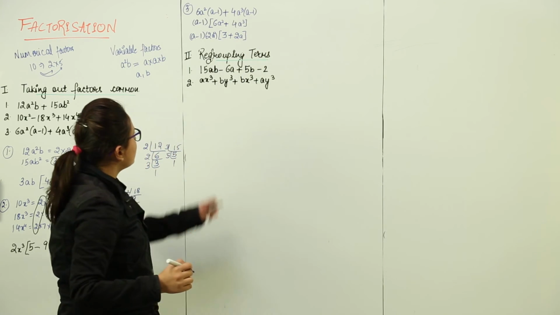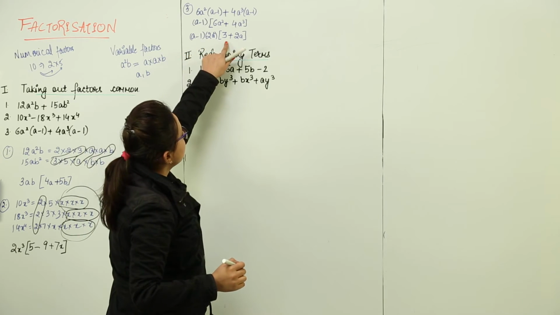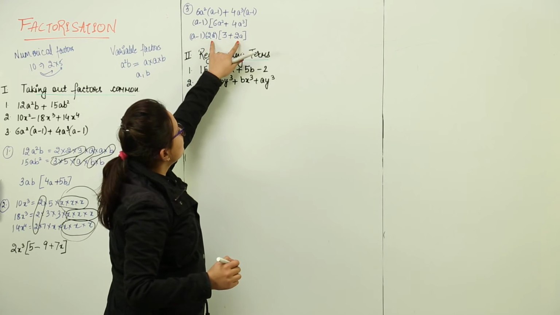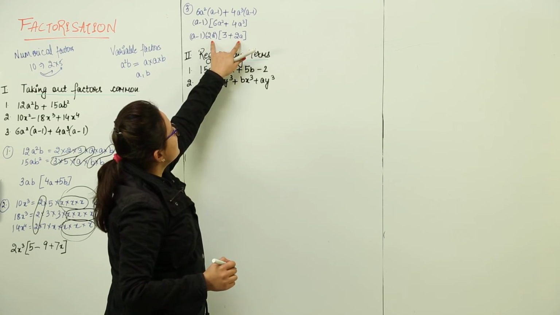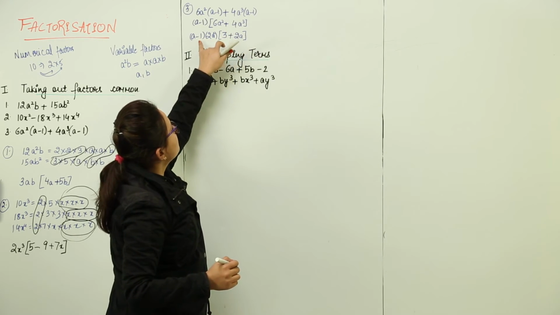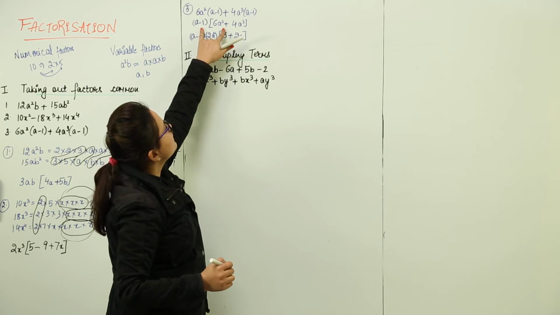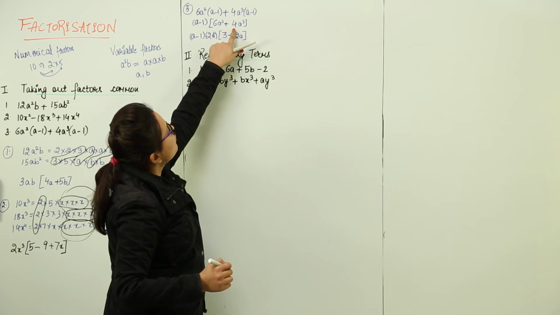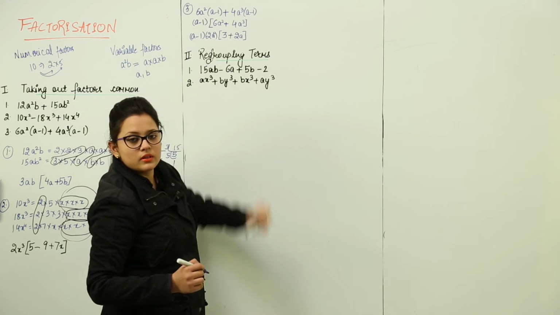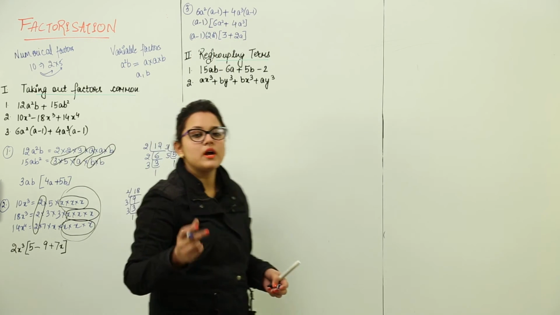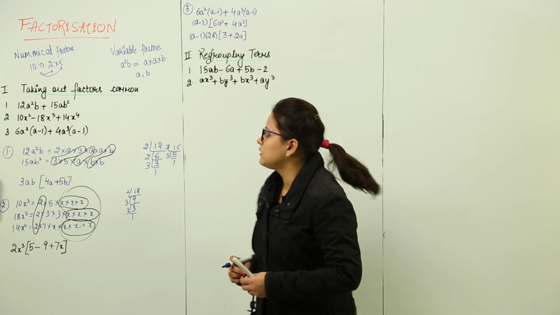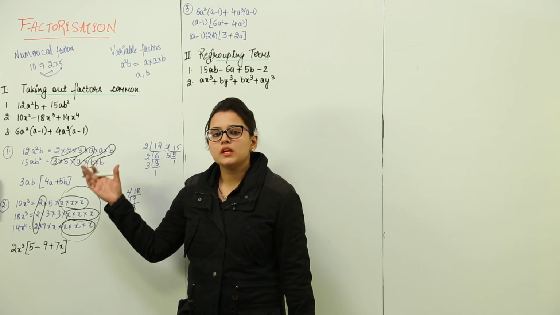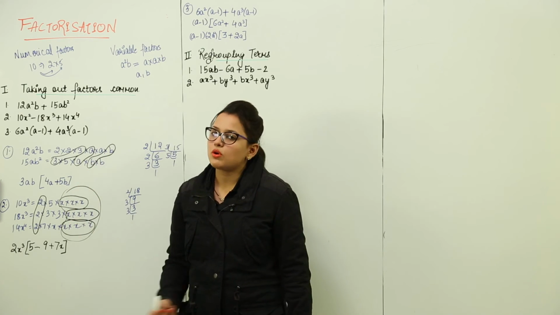You can check it again. What is 2a square into 3 plus 2a? 2 3s are 6a square, correct. 2a square into 2a, that will be 4a cube. A minus 1 as it is. If you multiply them both, it will be 6a square into a minus 1 plus 4a cube into a minus 1. That means the factors that we have taken out are correct. That was the first method in which we factorize. We take out the common factors and we solve it.